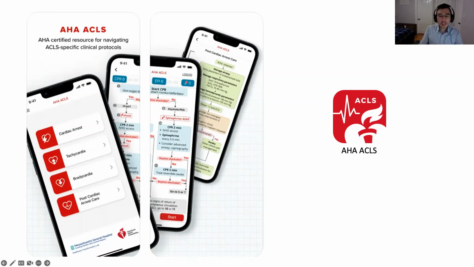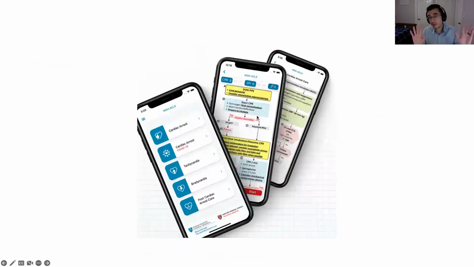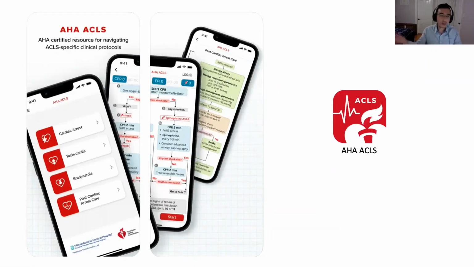This app was then co-branded with an industry partner, in this case the American Heart Association. One of the negative changes, so to speak, they made is that they added a subscription fee. But what that allows for is a team that's able to update the app and make it continue to be relevant. For example, we had these COVID guidelines that very quickly went away and were no longer relevant. They were immediately able to incorporate all of the different updates to ACLS that happened. And that was only possible because we worked together with an industry partner to make it sustainable.